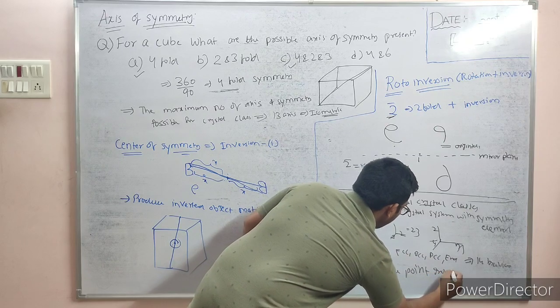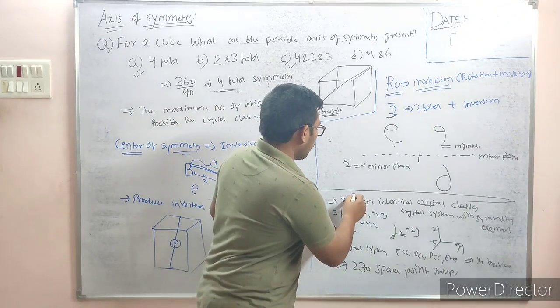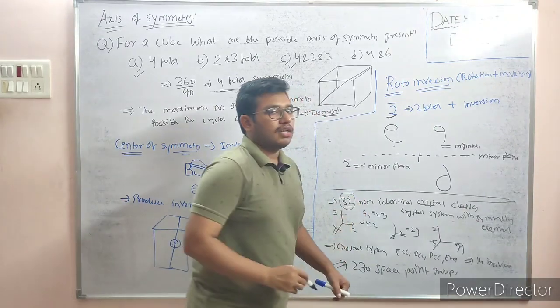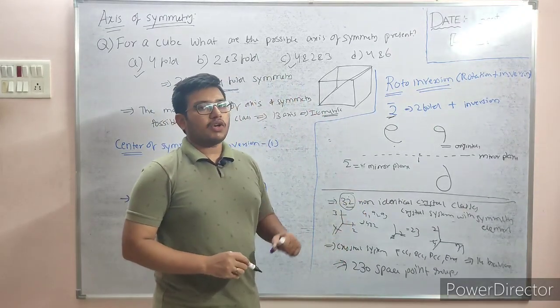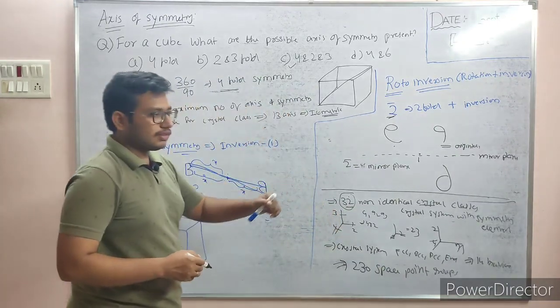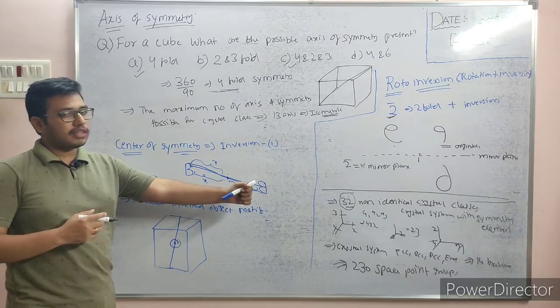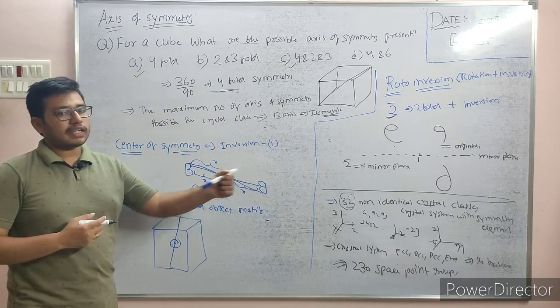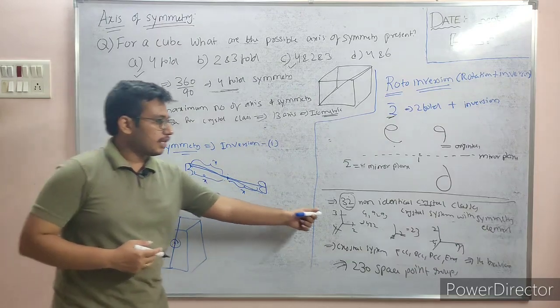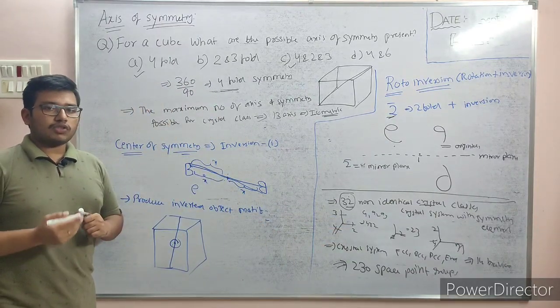We don't have to remember all the 230 space point groups, but the first thing you have to understand is these 32 crystal classes, because it is very important. We will understand it later. Okay, this is some view about how the symmetry elements, when combined with the crystal system, produce the crystal classes. I am just giving an example like this. Okay, so this is about the elements of symmetry.